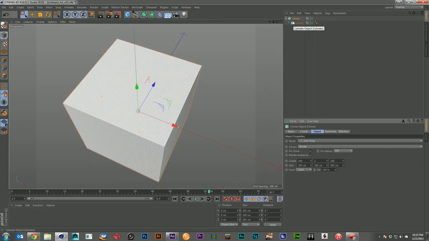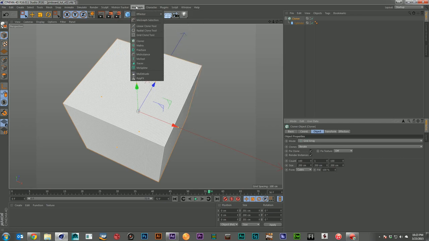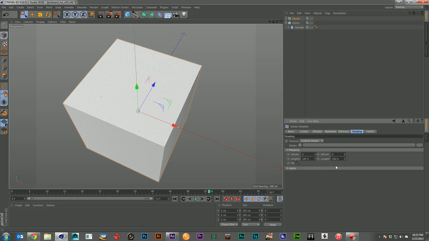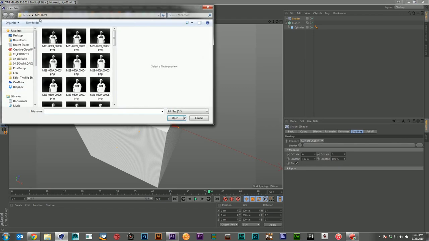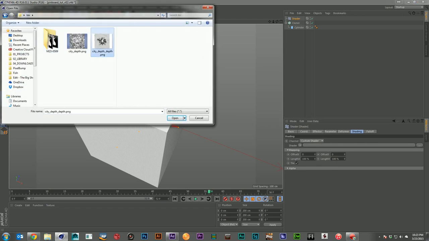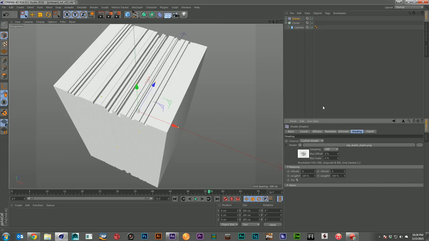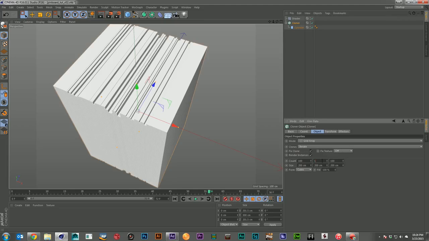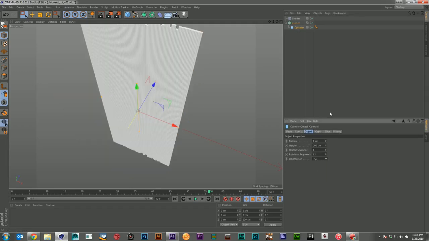So if I go ahead and go back here and I add in my shader effector again, and I open up my depth map, we're going to see that we have a slight issue here, which is the UVs want to run along that Z-axis, and I set this up for Y. Now, our choice is either to go back in and rotate the UVs, or very simply, let's just go ahead and rotate our cloner. So we'll go 100, we'll go 1, and we'll change our cylinder back to Z.